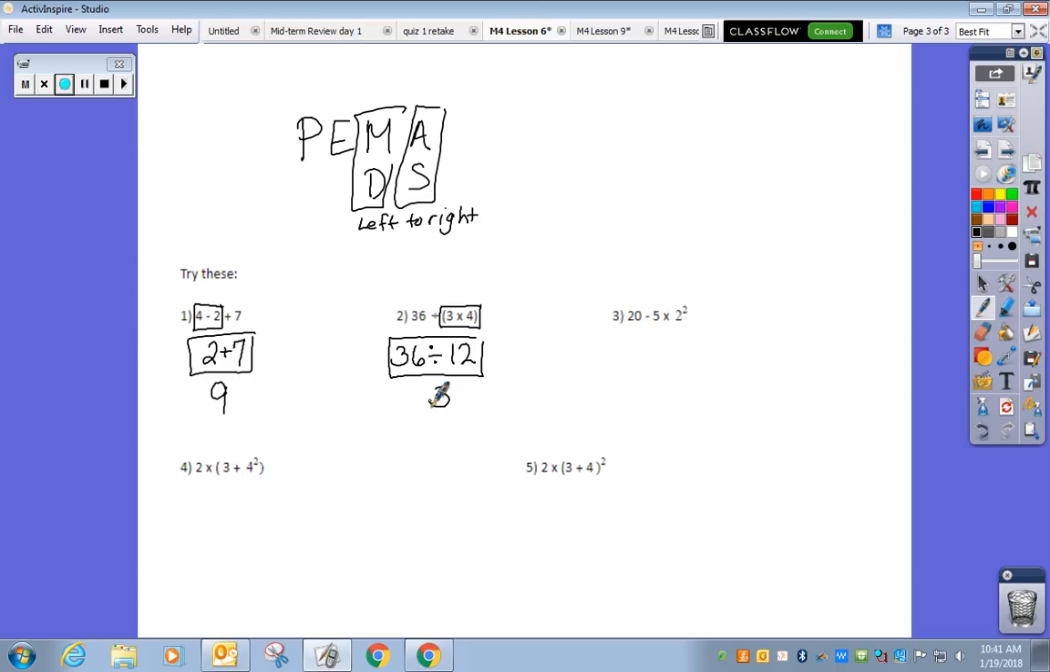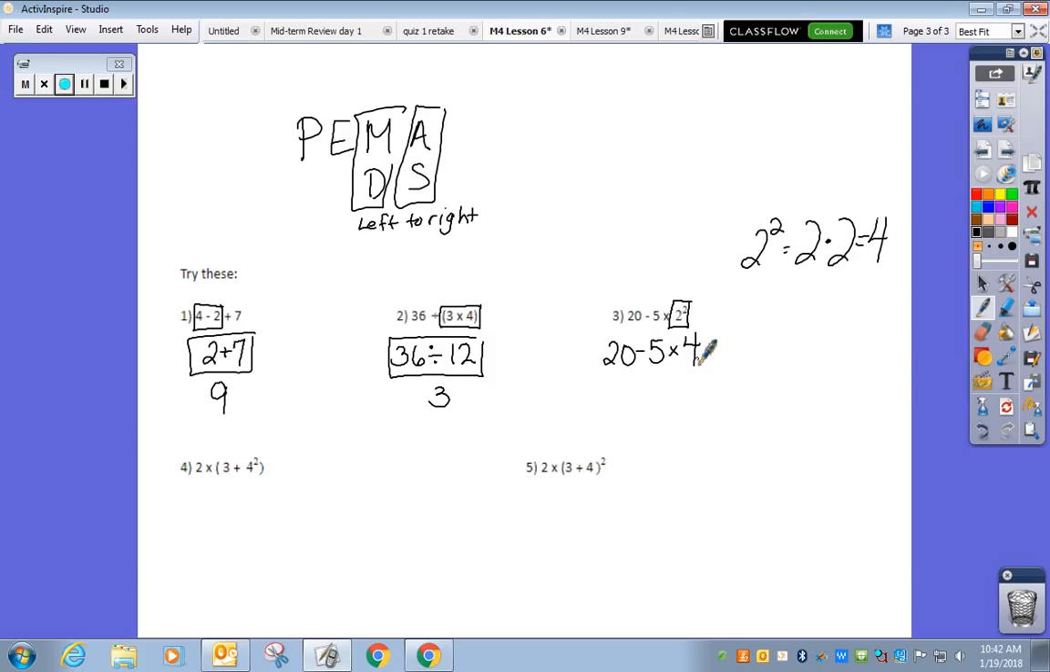Okay, for number 3, I do not have any parentheses, but I do have an exponent. I'm going to box in my exponent. I'm also recommending for exponents that you pull to the side to show the work. So remember, 2 squared means 2 2's multiplied together. So 2 times 2 gives us 4. So I'll copy down everything before the box, replace my box with the answer I got, and now I'm left